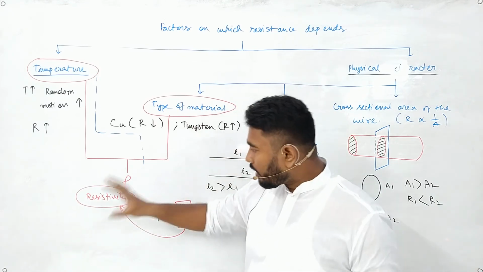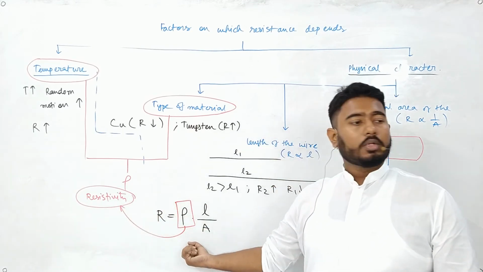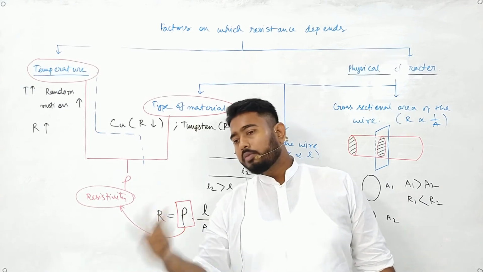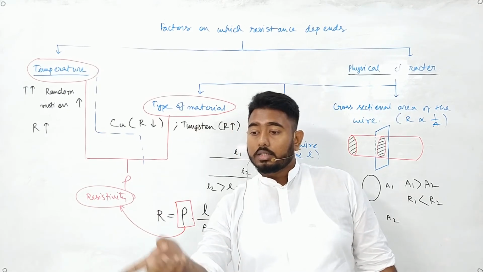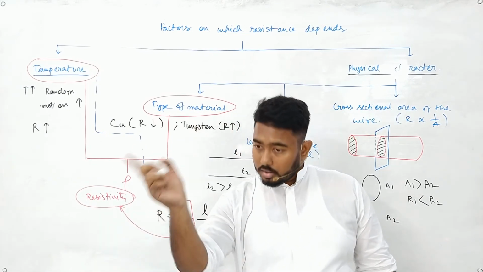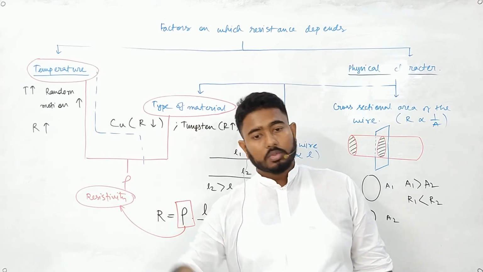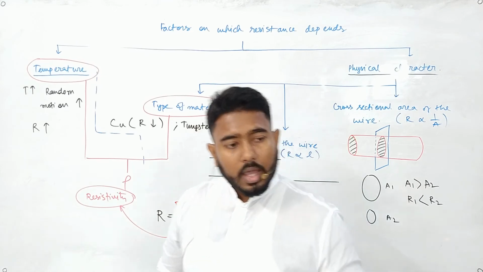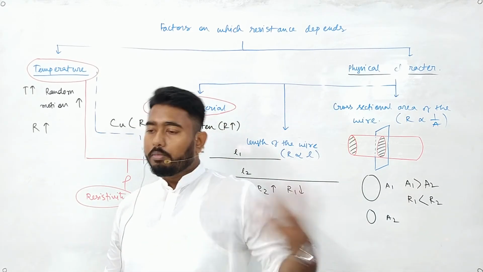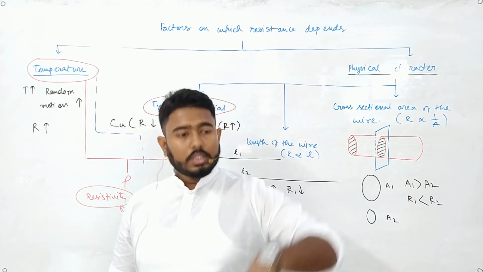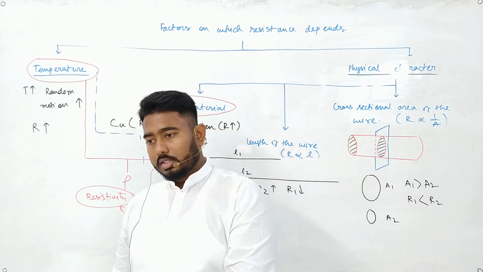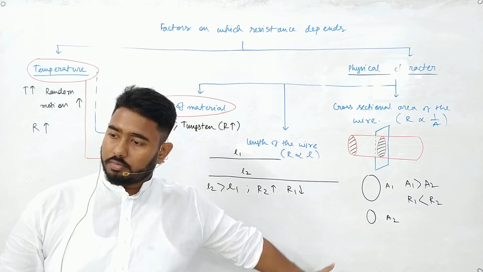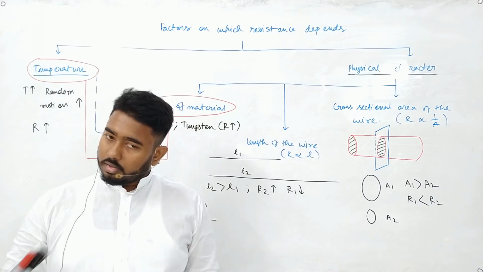But we have one property common in both of them: both are at a specific temperature and both are the same kind of substance. Like both are tungsten at 30 degrees Celsius. If both are nichrome at 20 degrees Celsius, they have that in common. Then I change the other parameters, length and area, to get the resistance. Is the concept clear? Any problem?